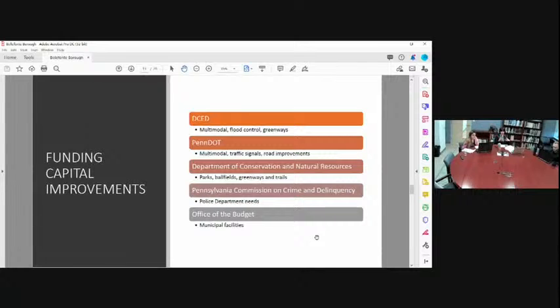And because the window is a tight window, I can send the information to Dawn and Ralph. There are forms that need to be prepared. We can help you fill out those forms. But maybe that's an opportunity too to get an earmark in for a police vehicle or one or two under DOJ. We'll have to look at that. I'll send the forms and the information, and then if Ralph and Dawn want to have a conference call, we can talk through the process, and you can get those to Congressman Keller's